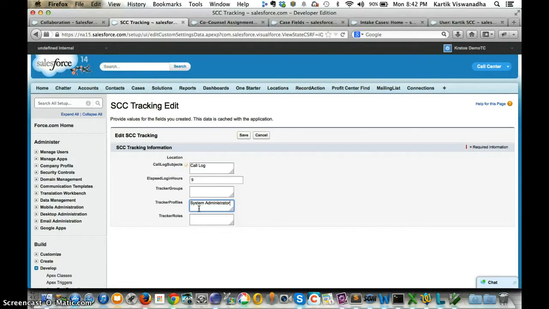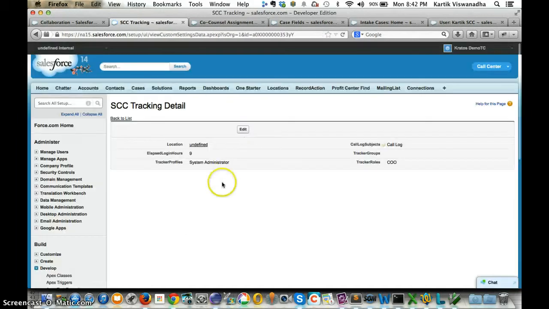If you want to track someone else, just comma separate it and keep adding. Also the roles, if you want to track CO or CEO, you can do that as well. Just save it, and make sure that you save this. That's the only setting you have to do, and then you should all be set with your console.